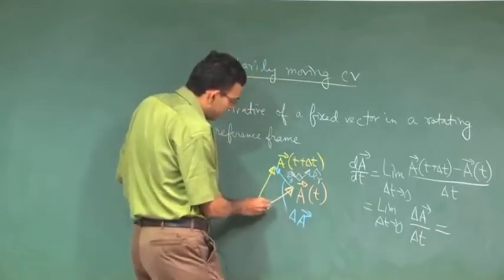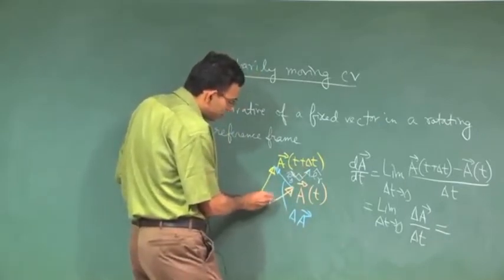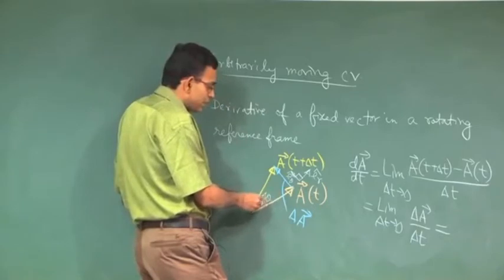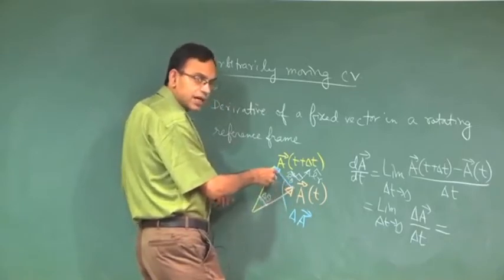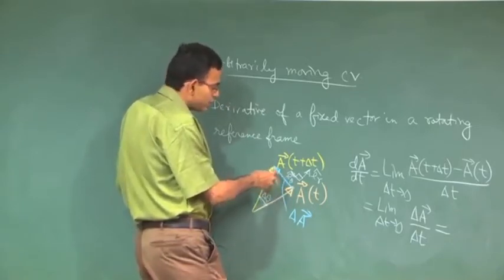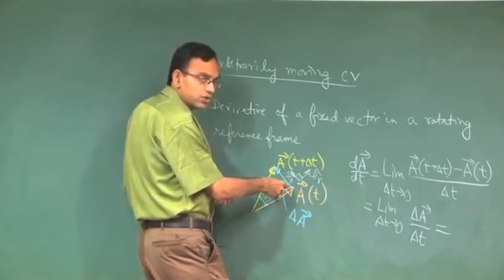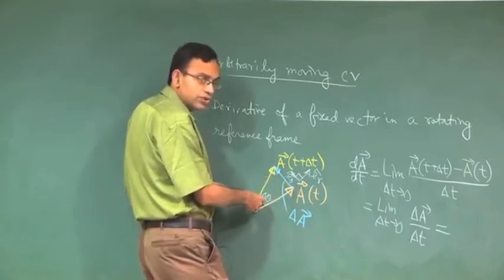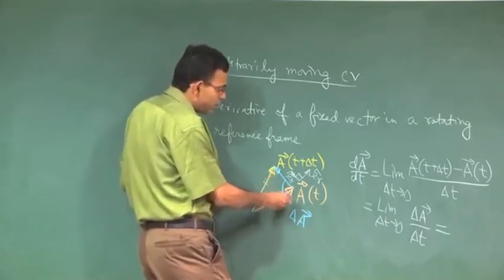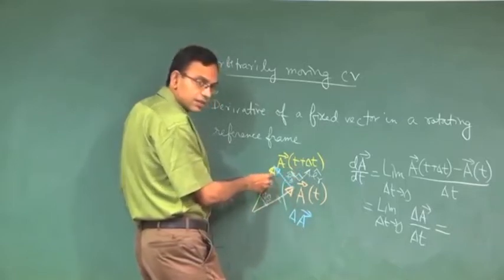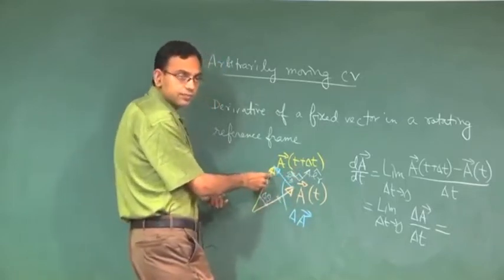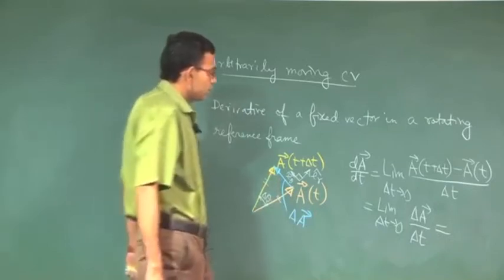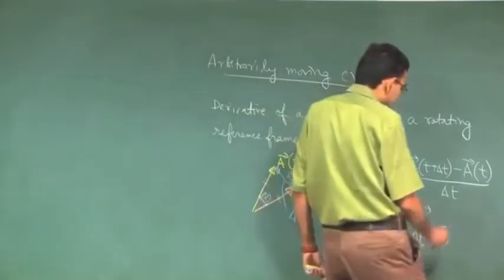This angle delta theta is very small, so this is as good as 0. The sum total of the three angles of a triangle is 180 degrees, so the sum of these two will be very close to 180 degrees, and these two sides being equal, these are each roughly 90 degrees. So delta A we can write